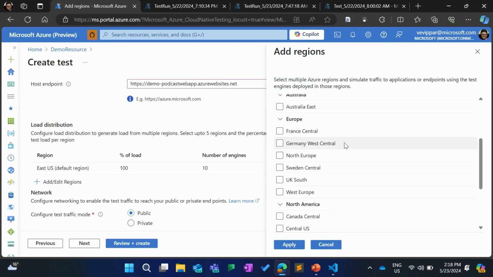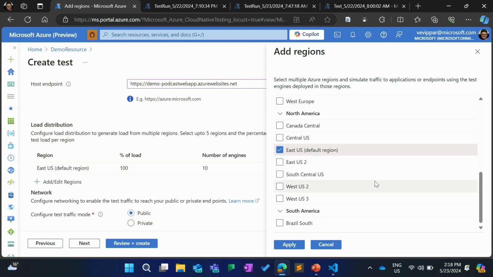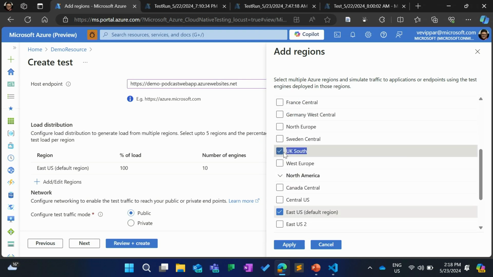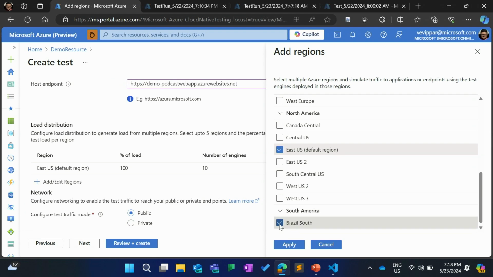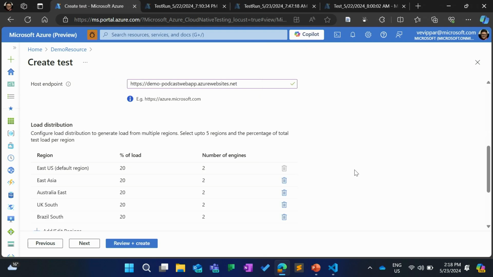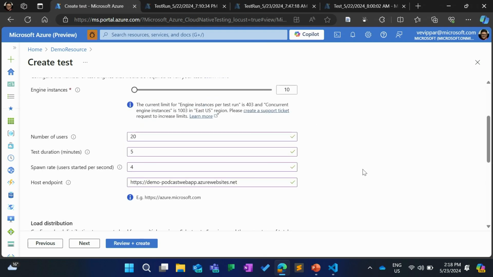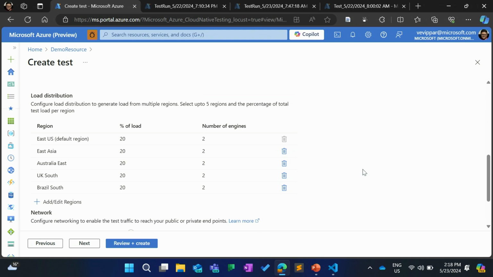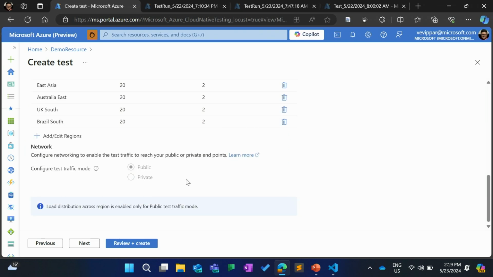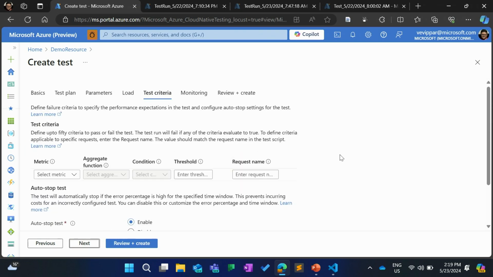I'll choose one from Asia, Australia, maybe Europe, and that's it. So the 10 engines that I have here get distributed across all of these regions. If I want to tweak and get different amounts of load from different regions, I can do that here, and that's all. I'm now able to generate load from multiple regions.